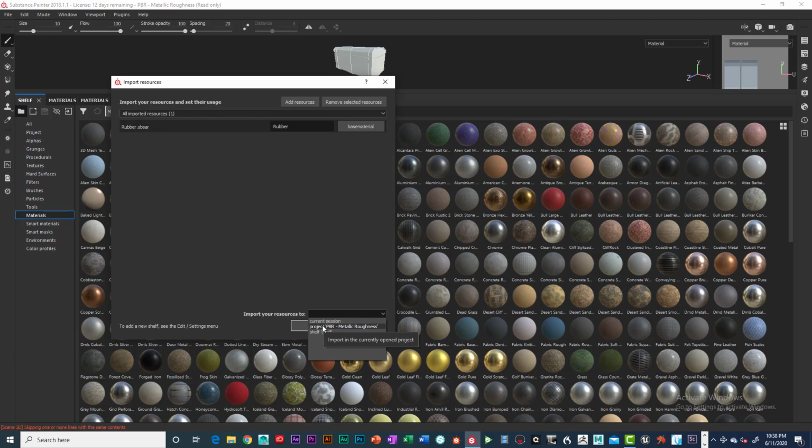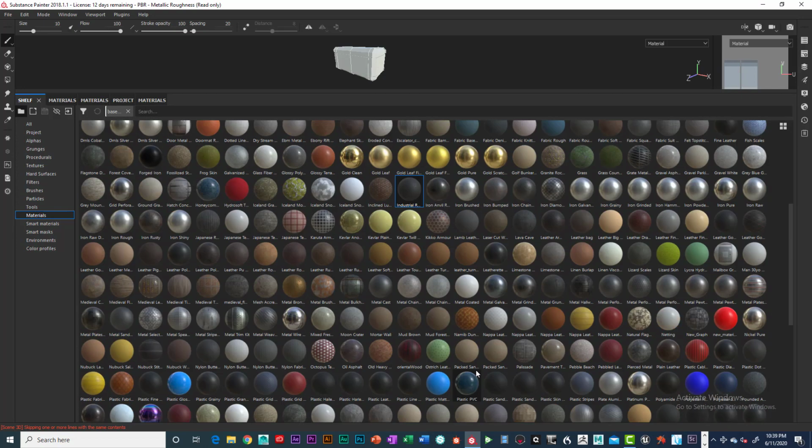So meaning that if I pull it in and I save my project out as a Substance Painter project file, it'll pull in again with the materials when I do my project. But if you don't have a project, you don't save your project, it gets deleted. And then you have your shelf, which is the safest one. But the thing is, you can see that this will add up and take a lot of space on your hard drive. And then click import,